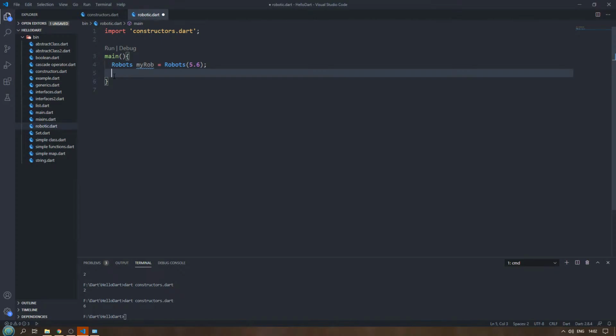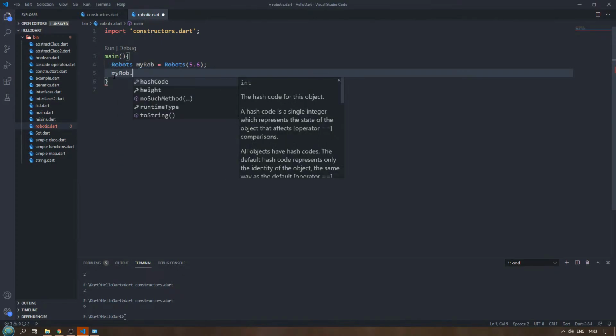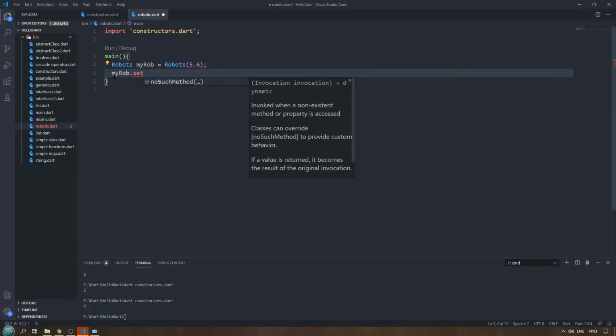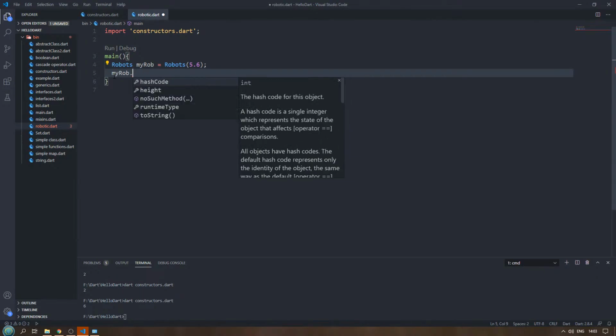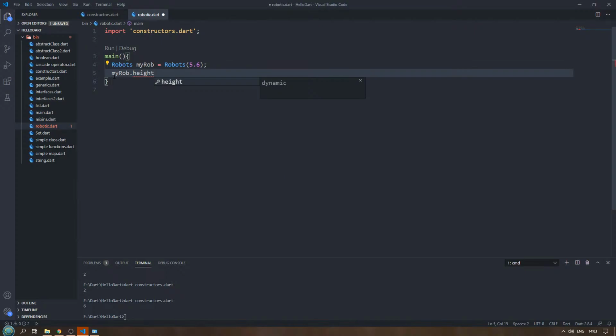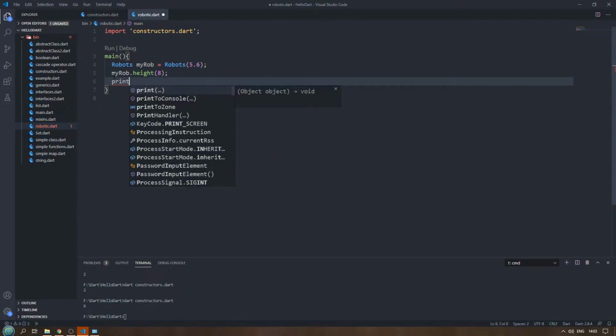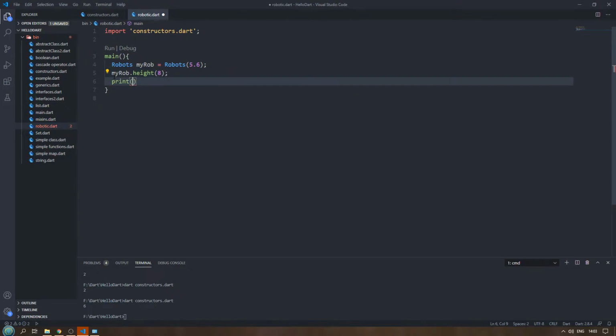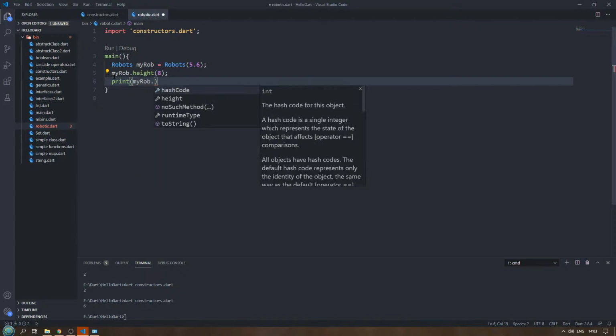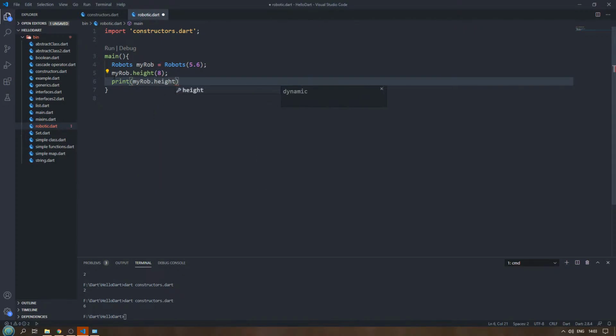However, I can change it using several methods: my rob dot set height, and I pass in a value, say 8, right? And then print out my rob dot height, which is going to call the getter method and give us the height of rob. So if I go back in hello dot cd bin dot robotic dot